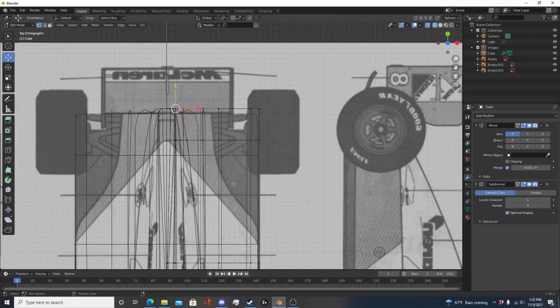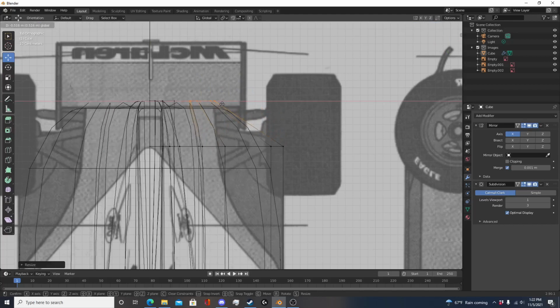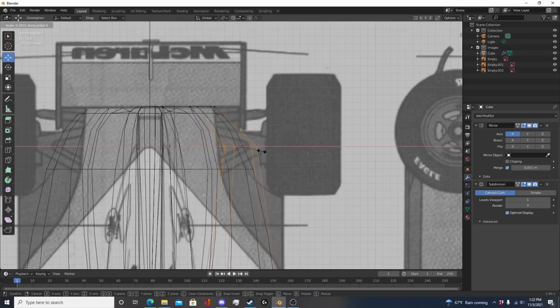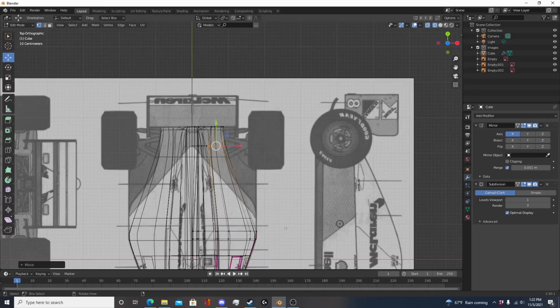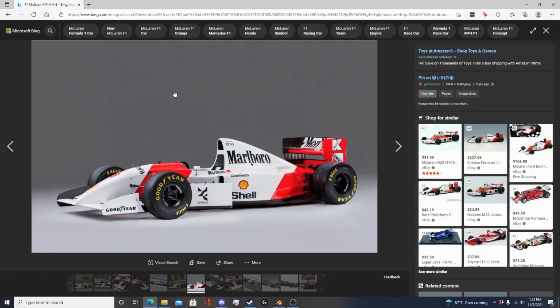Press 7. Here comes the fun part. This is where we take all these outliers, I guess you could call them. I'm going to drag all this in right here, actually. We're dragging all these in to match the contour lines of the car, so we're following this line right here, this light gray line. This black portion here is actually, here I can show you. It's actually this right here,